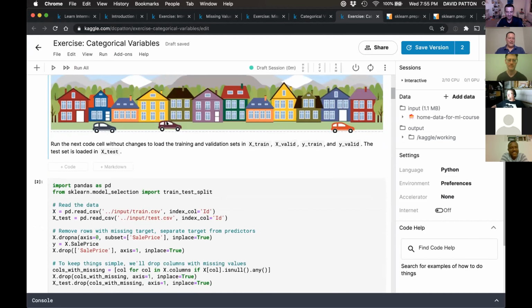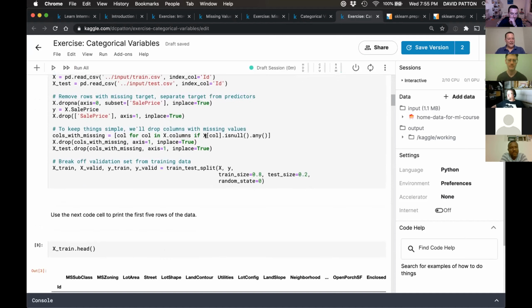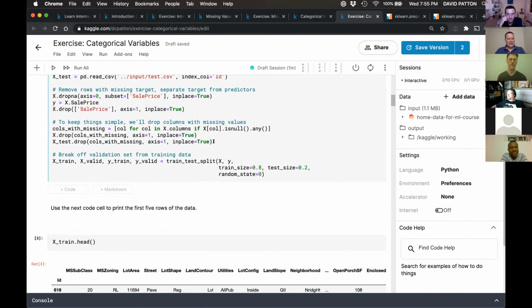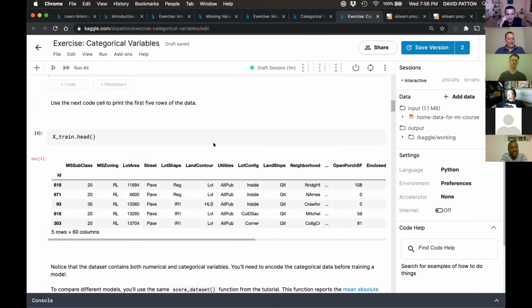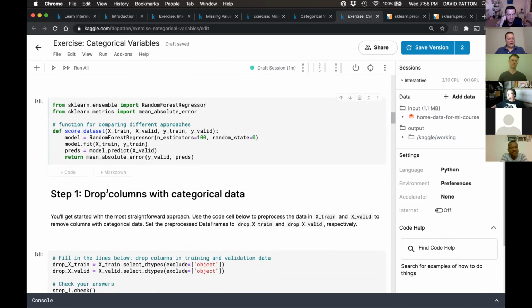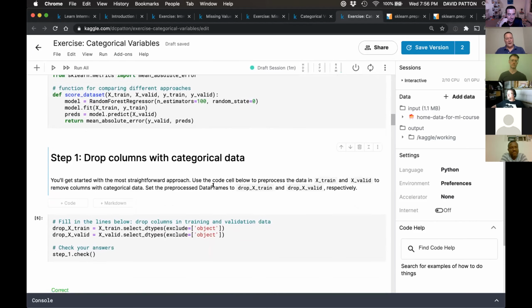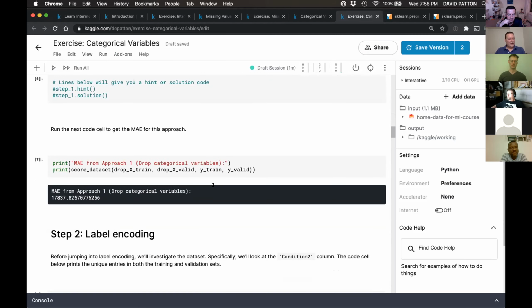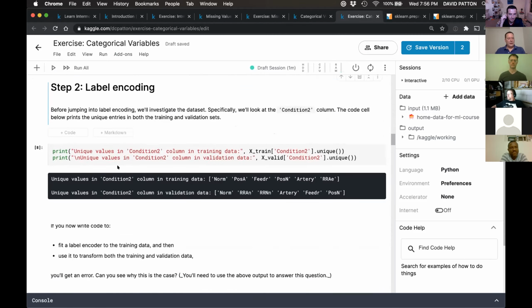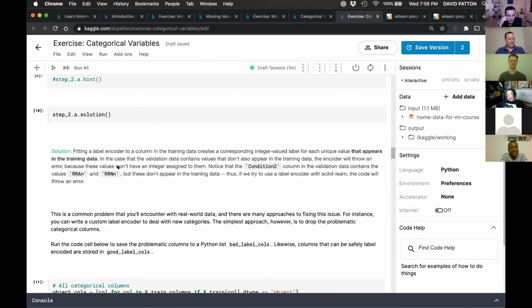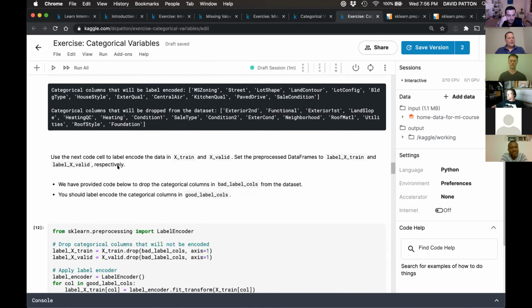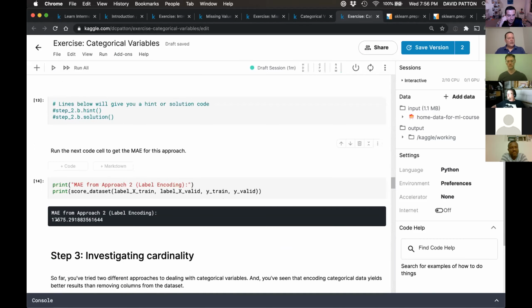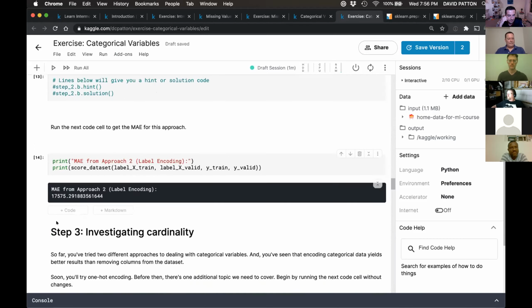Here's the exercise where they go through this, just to show what they did. The first approach, they dropped all the categorical columns. That gave a result of 178. Then they used label encoding. The result there was 175, so an improvement.